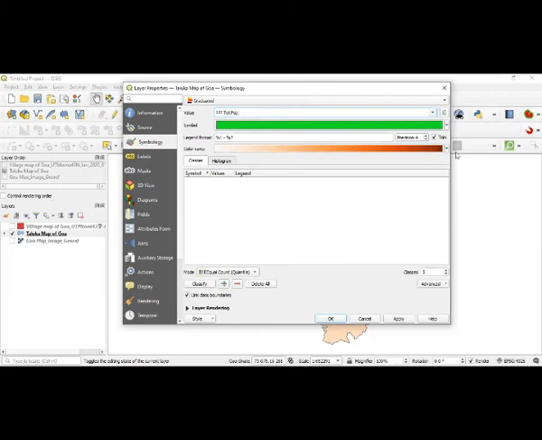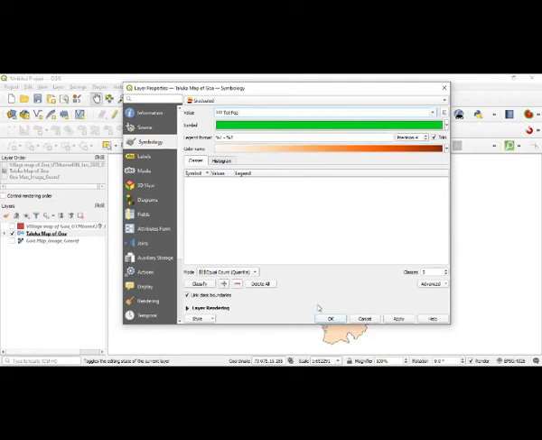So again, I will keep the same symbol for now, that is the color ramp. Now my map can be classified into 5 groups. Earlier this classes option of 5 was not there because I had taken categorized, the random one.